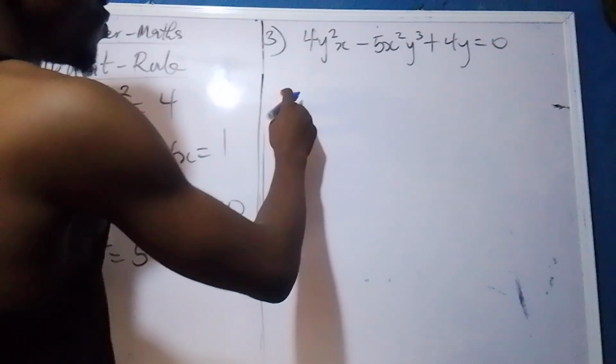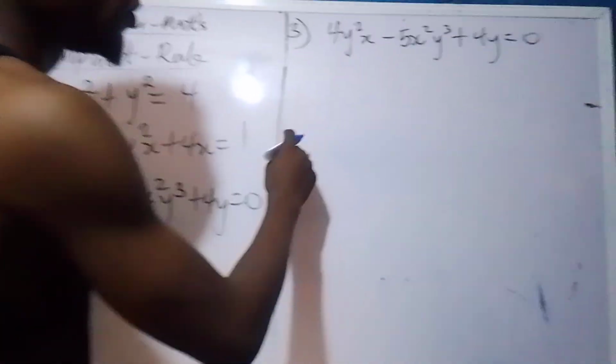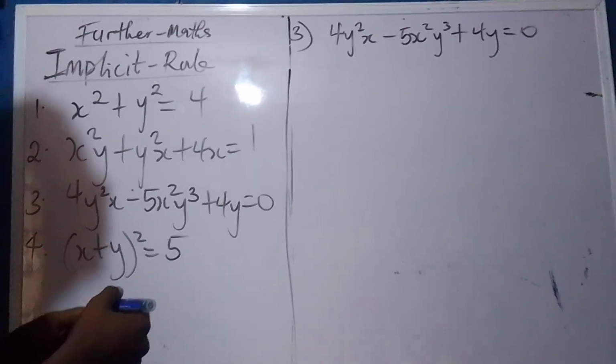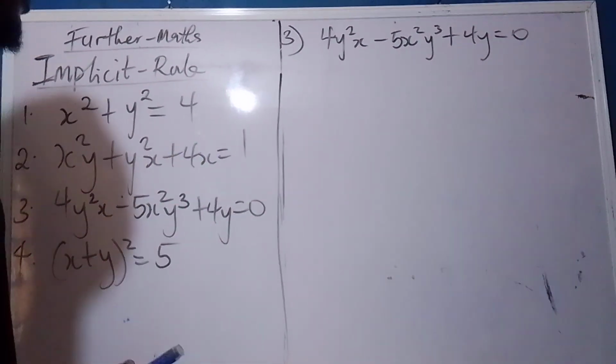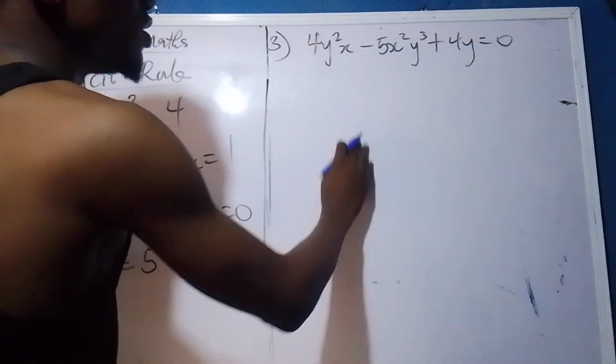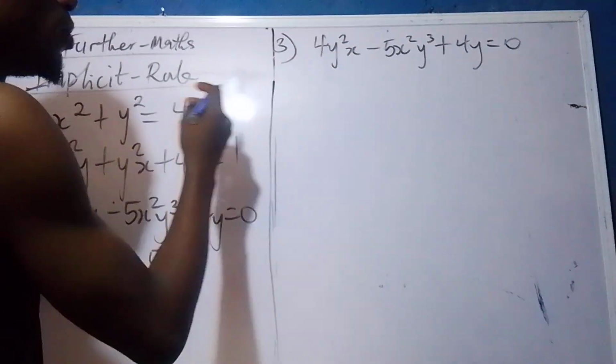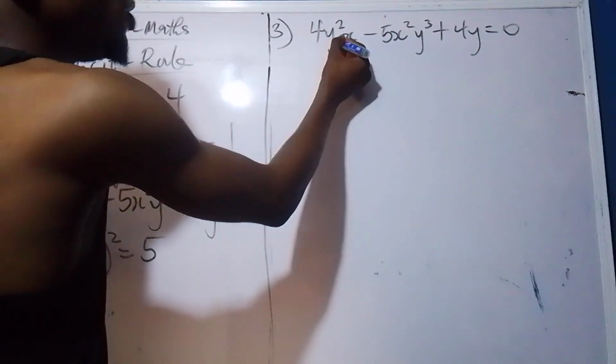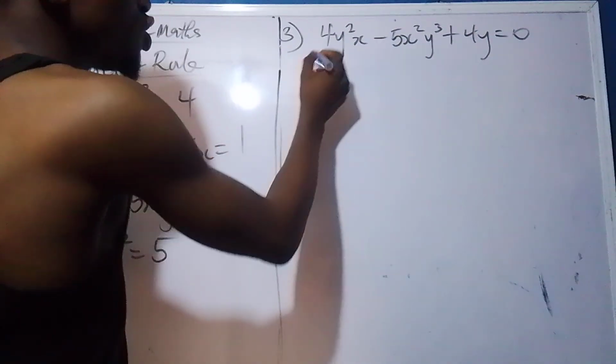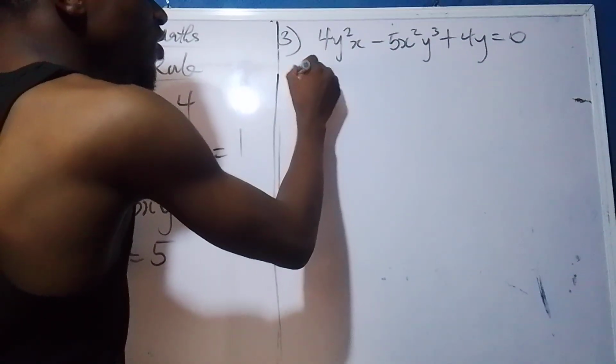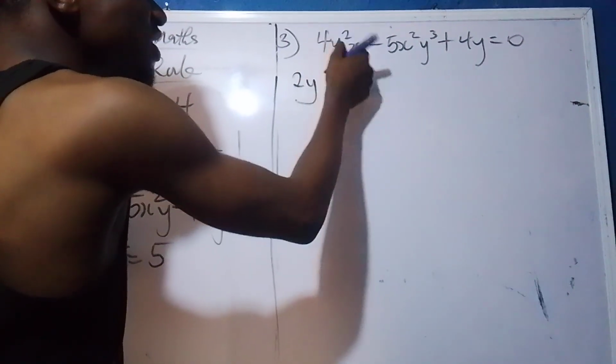So now guys, this is question number 3. What we are going to do is differentiate them just like we did number 2. So we want to differentiate only y squared. If we differentiate only y squared, that will give us 2y. Then we are still left with